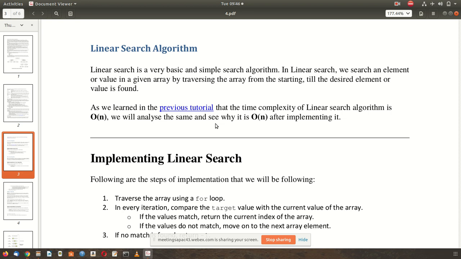One example of such a program we will discuss today is called the linear search algorithm. By the term algorithm we understand that it is a step by step instruction given to a computer. When we write an algorithm, we are writing in English and we are not writing in C.